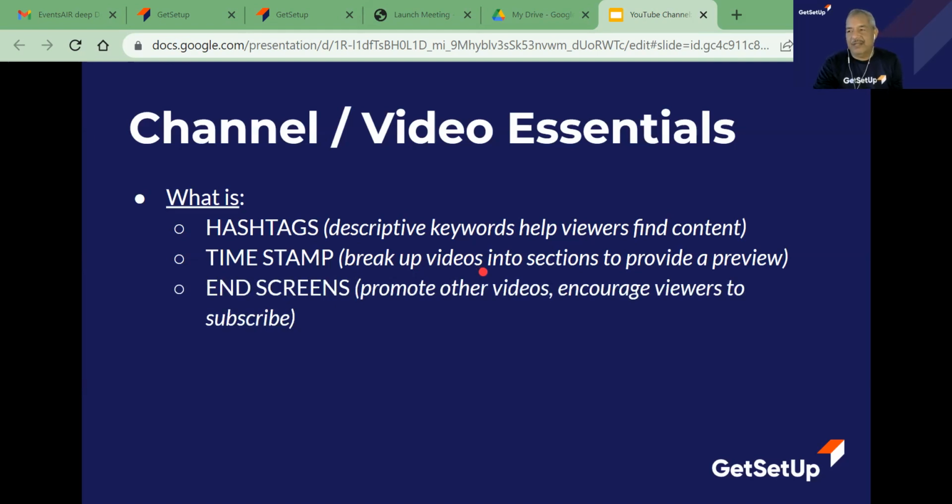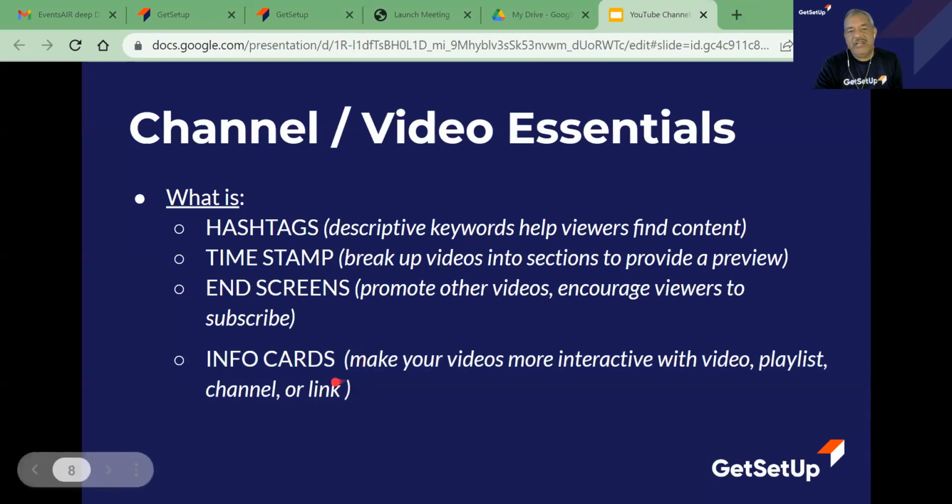Then the end screens. Yesterday, when we spoke about creating a video, we also said that it is best if we create a series of videos, just like on an OTT platform. So in that, whichever is the next video that is going to come up, we include a snippet or a screen which tells the viewers what they can expect next.